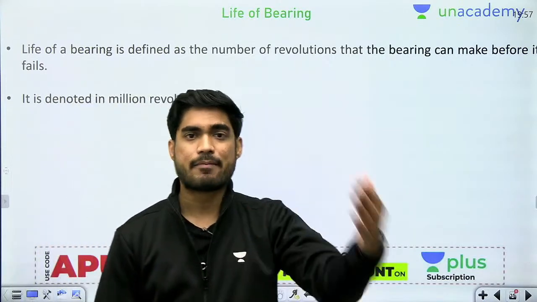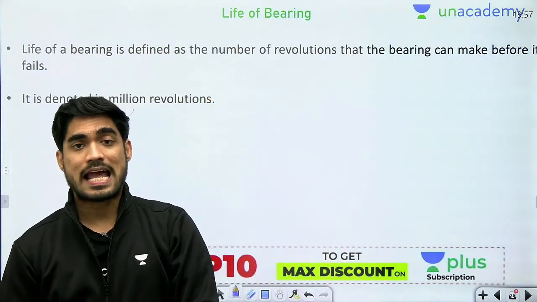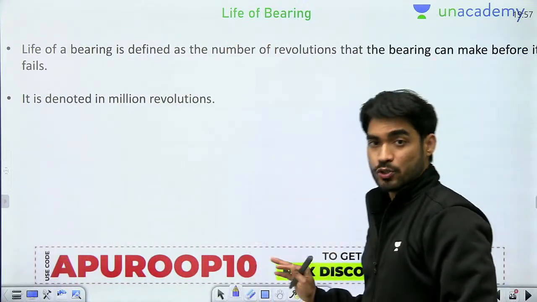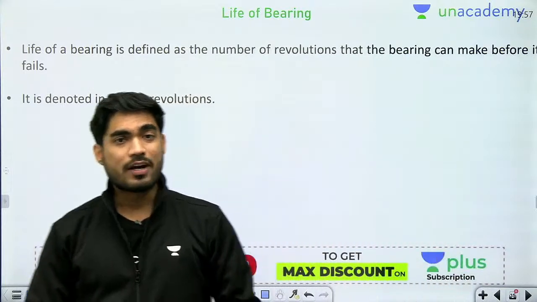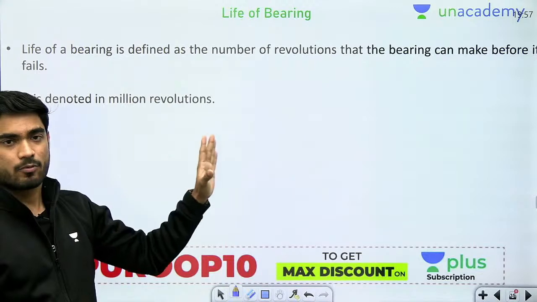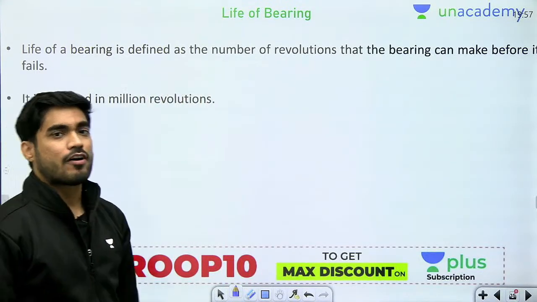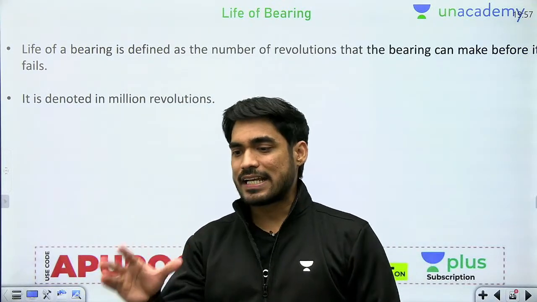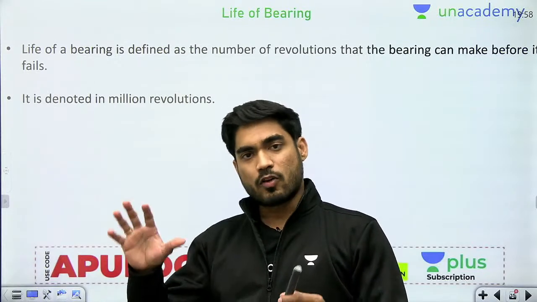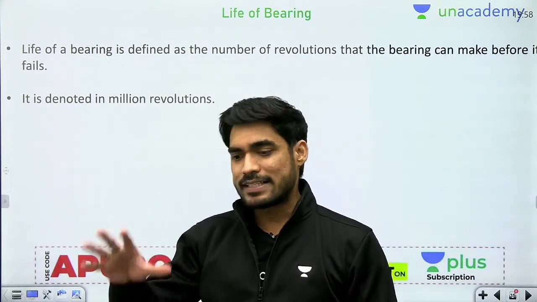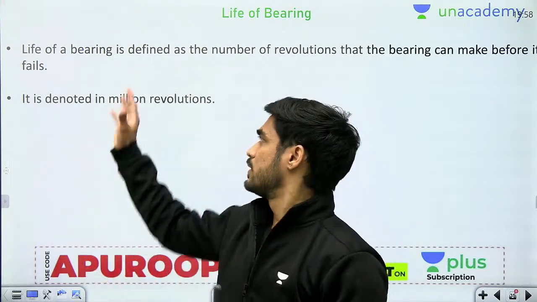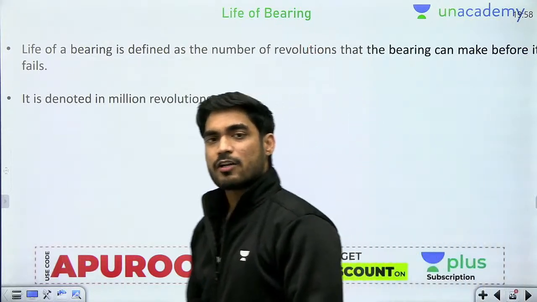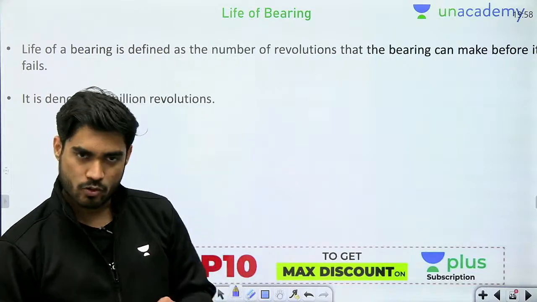फेलियर से पहले ये बेयरिंग कितने बार घूमने वाली है, that will be known as the life of the bearing, and it is denoted in million revolutions. So we need to find out what will be the life of this bearing. Now understand how the life of the bearing is calculated. It is not possible to find the life of each and every bearing individually, because whatever testing we carry out, we cannot test each and every bearing. Whatever test is carried out to find the life of bearing cannot be performed individually for each bearing. So what do we do?